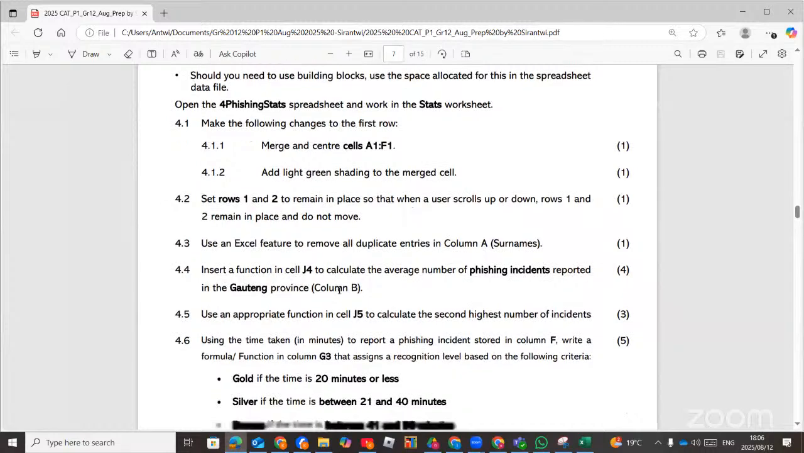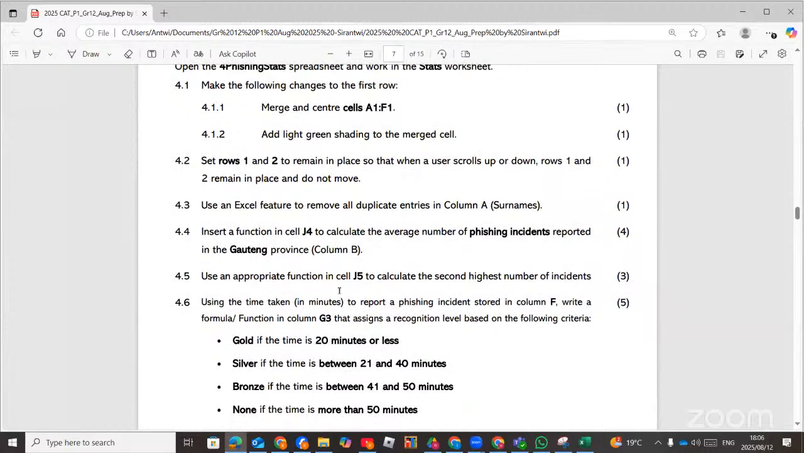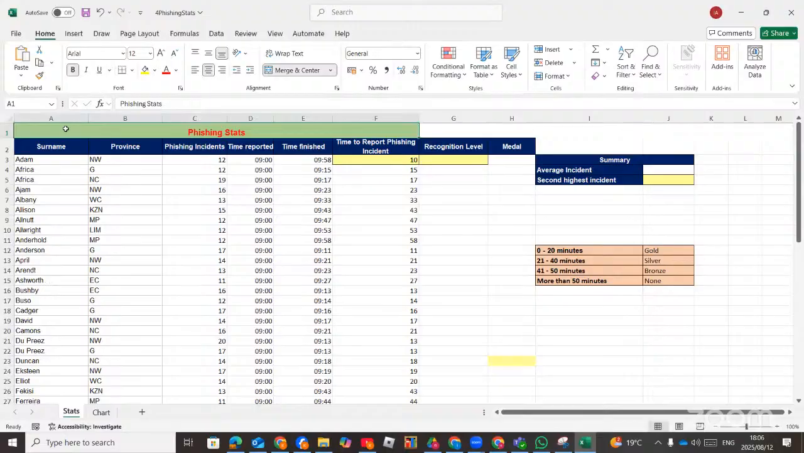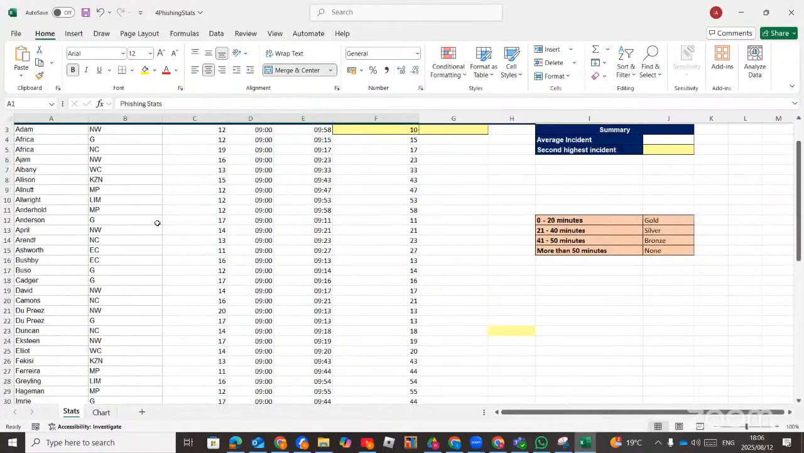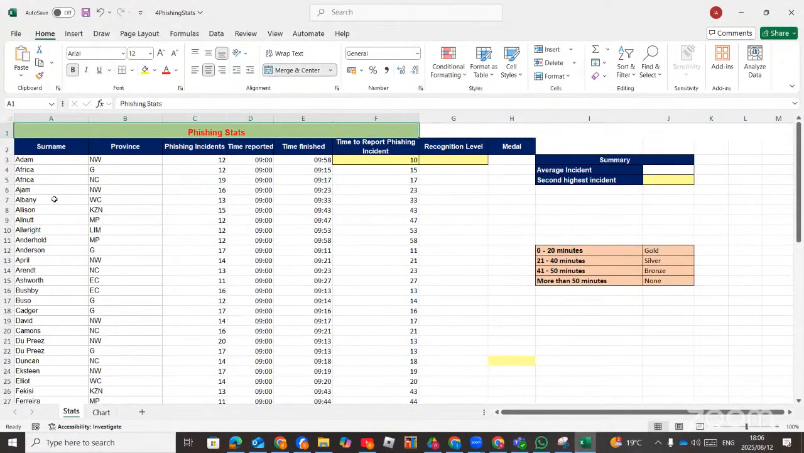And then 4.2, set rows 1 and 2 to remain in place so that when a user scrolls up or down, rows 1 and 2 remain in place and do not move. This one we call freeze pane. In that instance, rows 1 and 2 should always remain on top when you scroll down. So in order to achieve that, you move to the next row, which is row 3. So if, let's say, they ask you to freeze or lock rows 1 to 5, you go to row 6. So here we go to the third row,